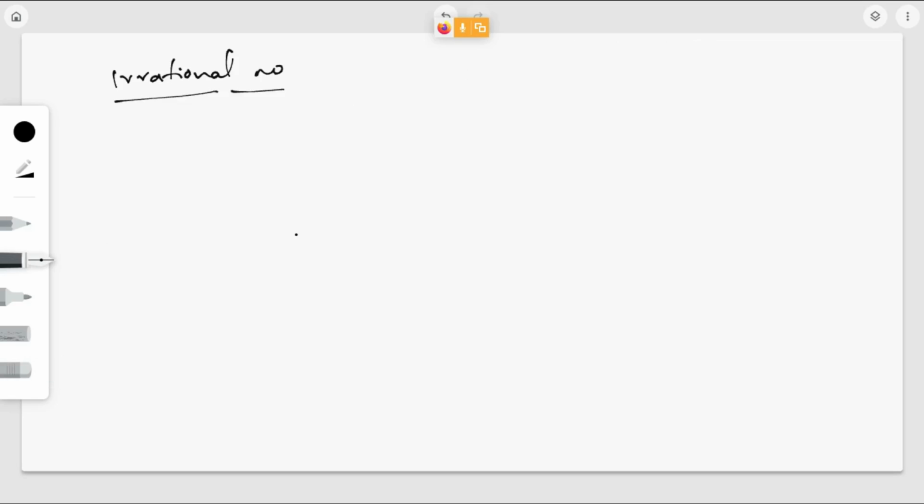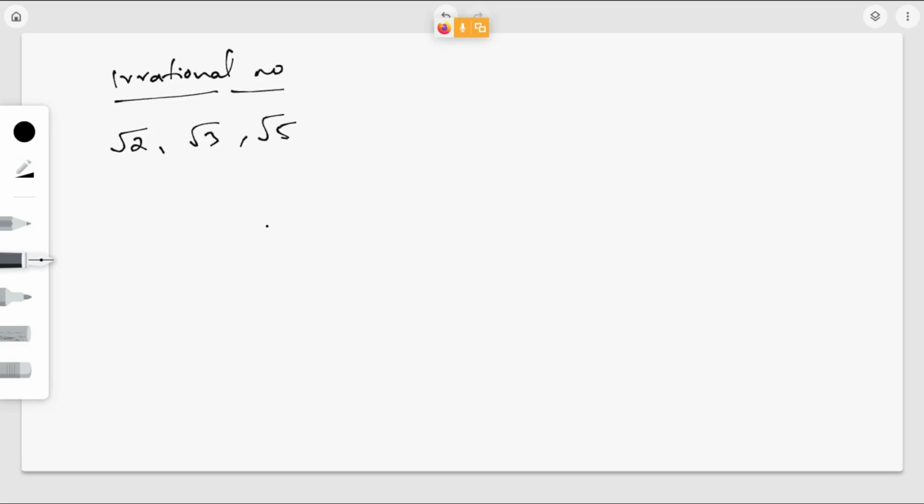Ninth, right? So what are irrational numbers? Okay, addition and subtraction of irrational numbers, multiplication. But here you need to prove the given number is irrational. In class 10th you will be given some number, you might be given root 2, root 3 and root 5. You need to prove that these numbers are irrational, right?